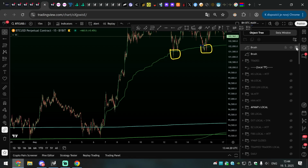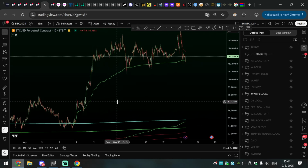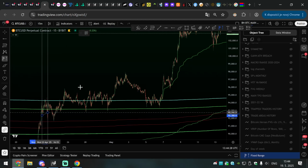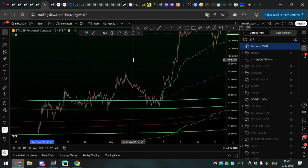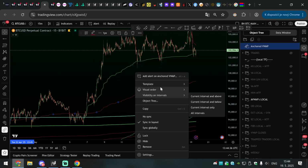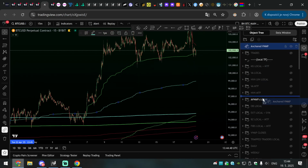Yes, the late, I don't want to say late longs, but they are there. Maybe we've got this anchor view up from the full range pool, which was supporting market better. Let's see. Oh no, it's still far away. You can, by the way, watch this one as well. It's from the middle of the range. It's gonna offer you support in the middle of the inefficiency. I will keep it,